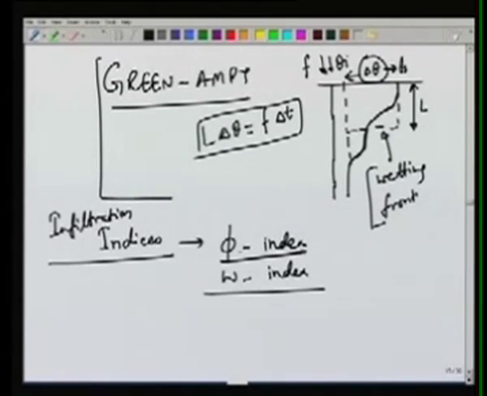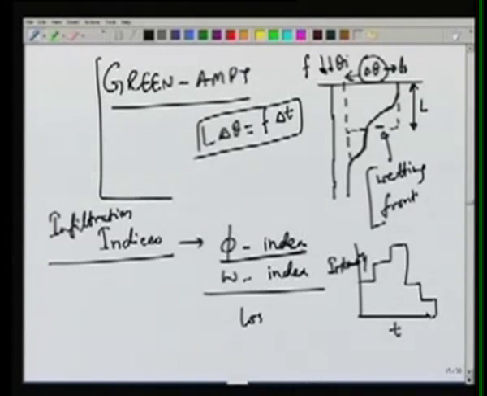For example, for the phi index, if you have a rainfall hyetograph like this, time versus intensity, and we know the losses, then we draw a line here